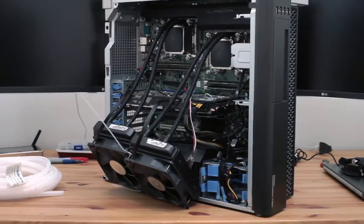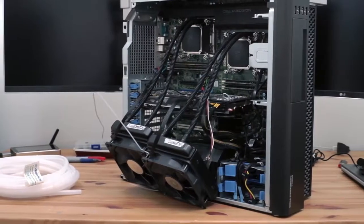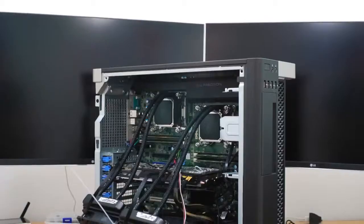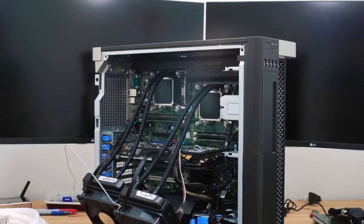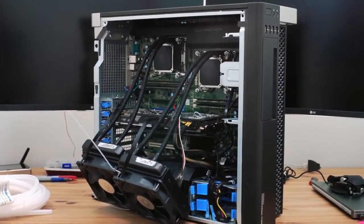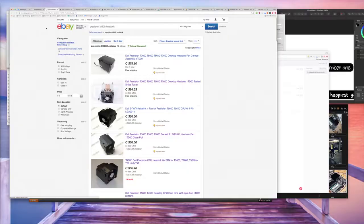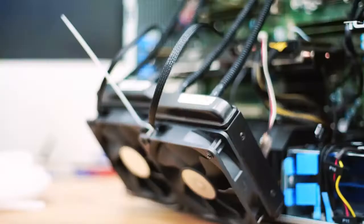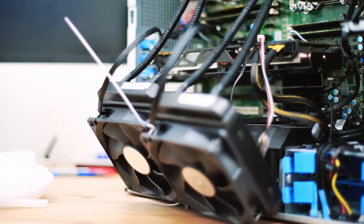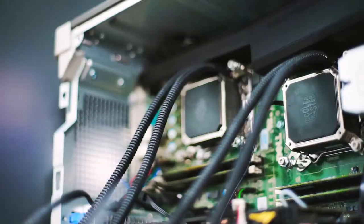Last year, I found this bare-bones Dell Precision T5600 system listed for just under $250 on eBay, but unfortunately, even though it came with an 835-watt power supply, the CPU coolers for the two Xeon processors were not included. After checking online, I found that the OEM coolers for the machine appear to be absurdly expensive at almost $70 a piece. I just decided to go for Cooler Master's Side-On 120V instead, which I got for just over $25